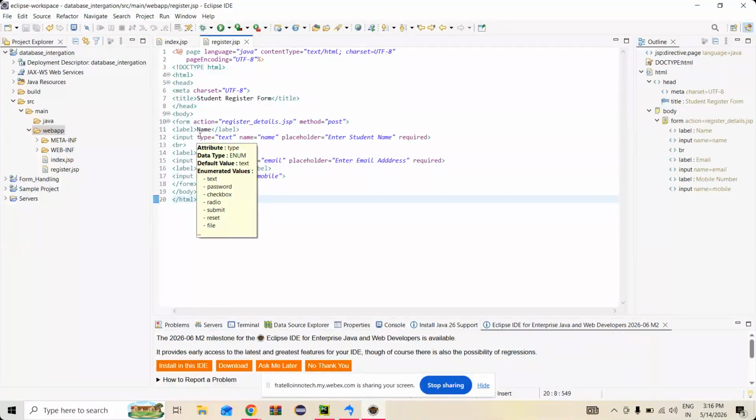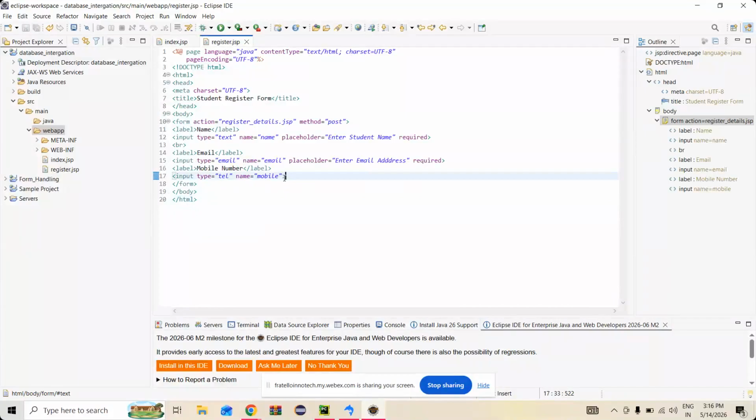We are giving the form details for the student, and mobile number, and give the required. Okay,